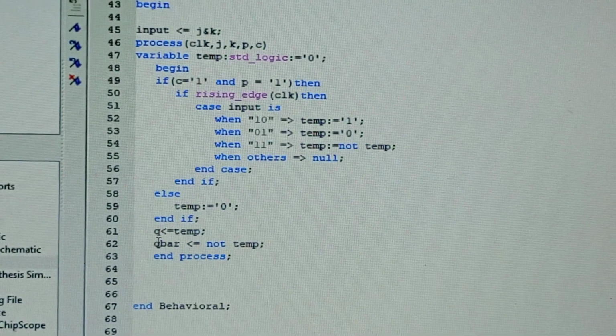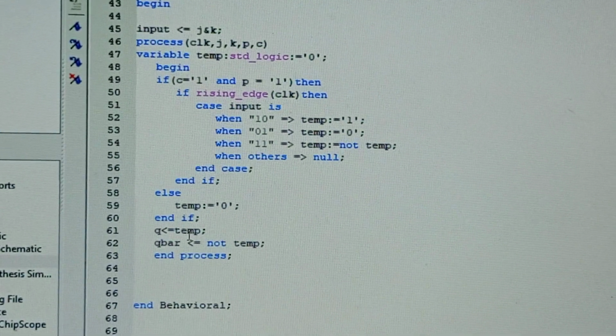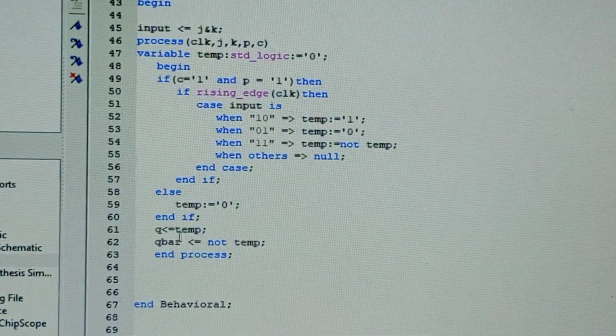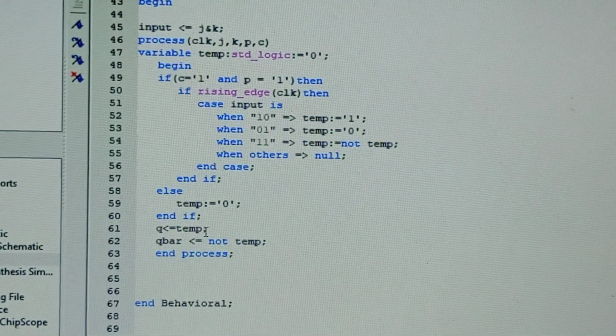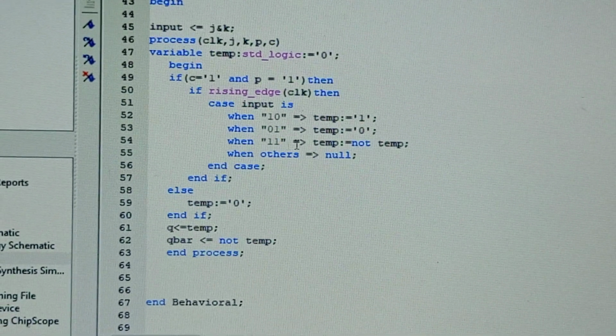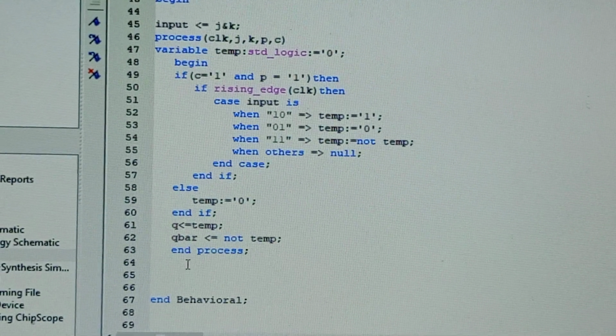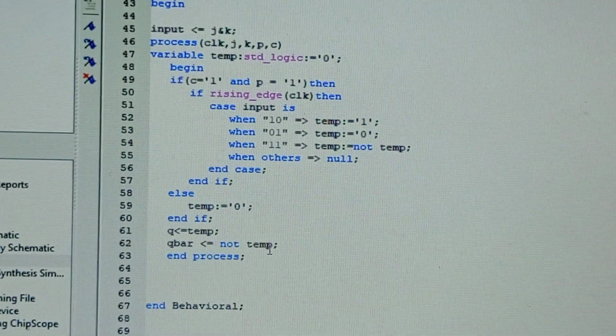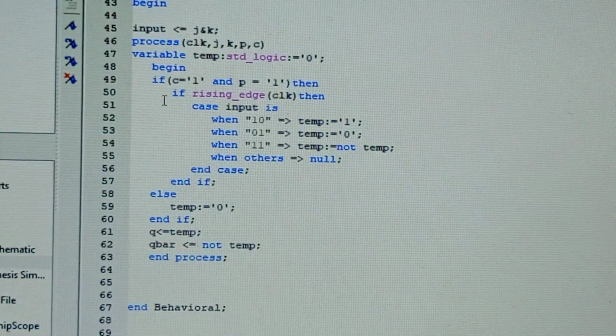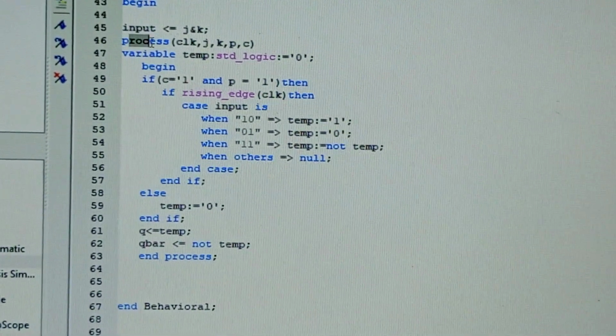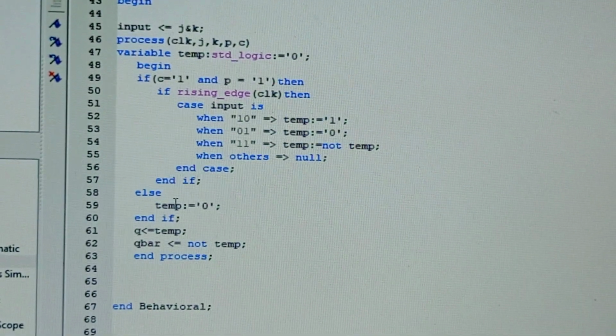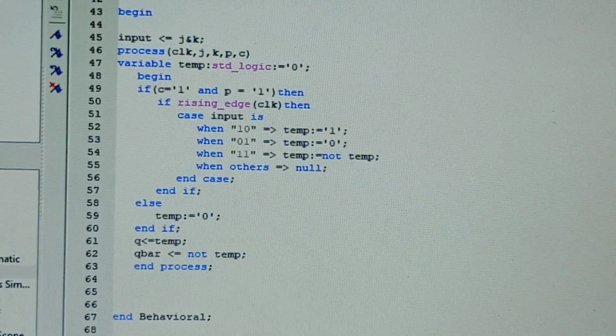And the output Q is assigned with temp according to the given inputs. Then Q bar is inverse of temp, not temp. So end this process. This completes our JK master slave flip-flop coding.